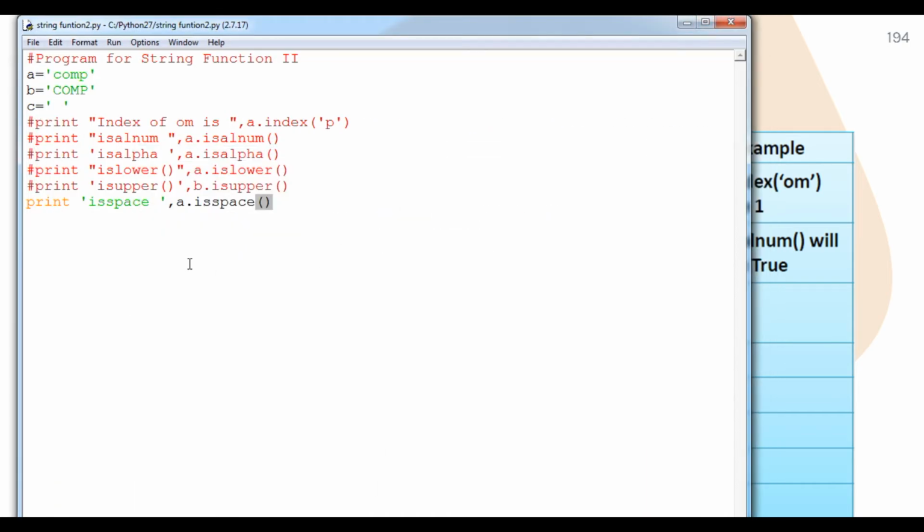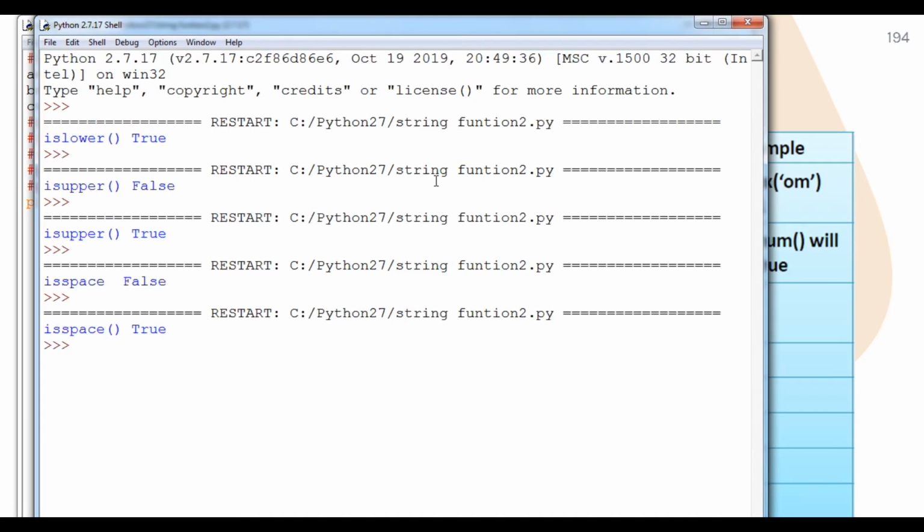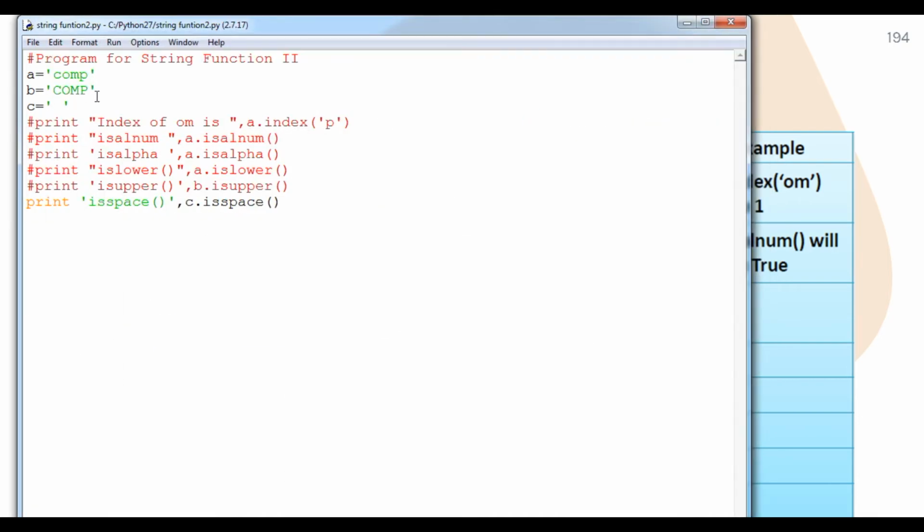Why? Because this function will not give you true, since we are using a variable and inside a there is no space. If you check c, you can see that it is definitely true, because we are using a particular space also. So the space should be contained by the variable.